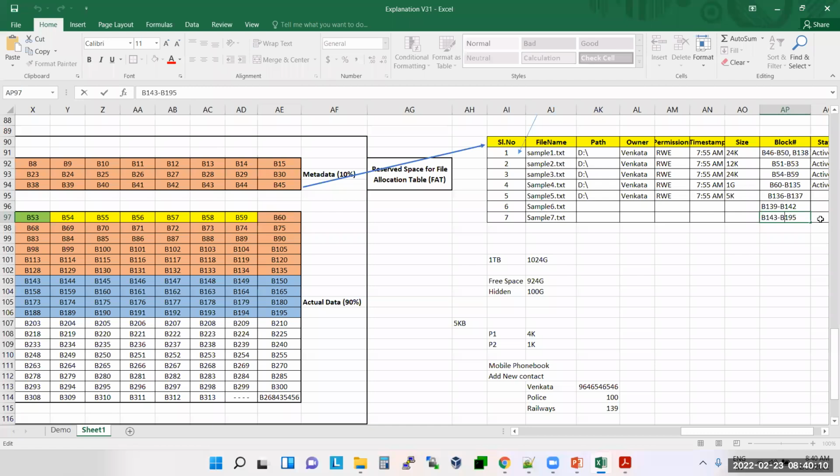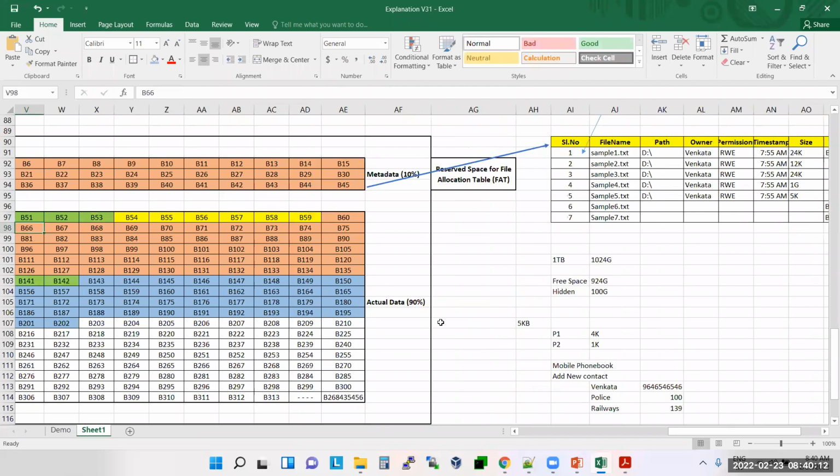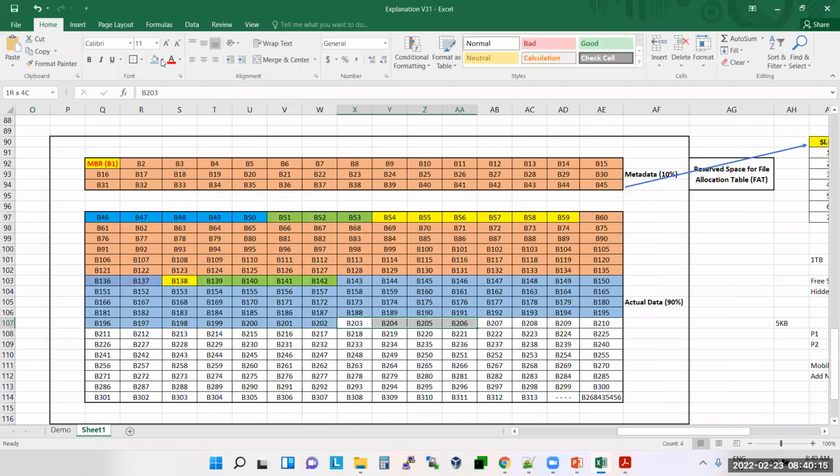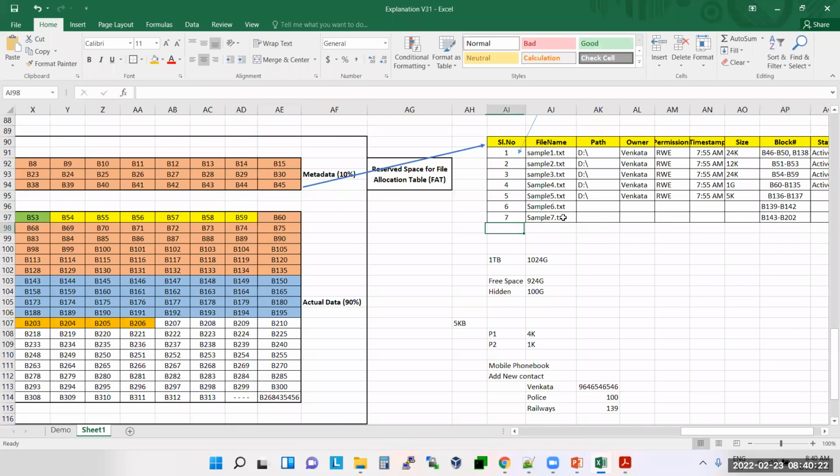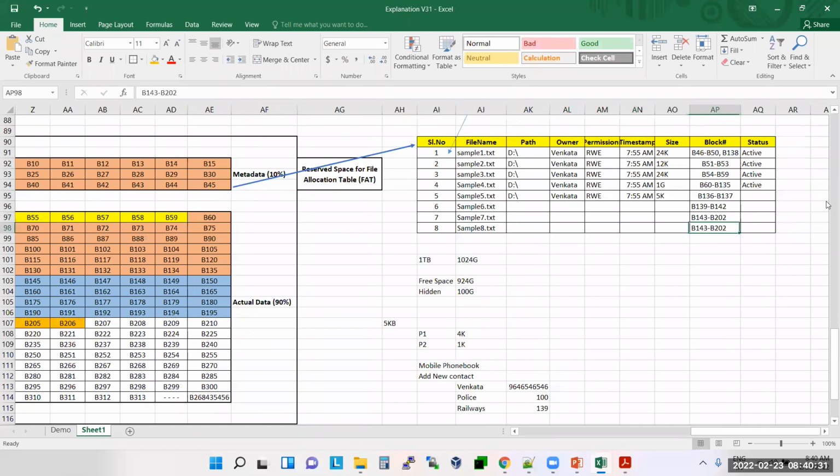Next, I have one more file here, guys. B203, so this is like sample 8.txt, 203 to 206. Again we have a big file.